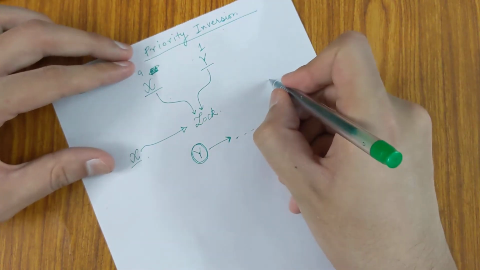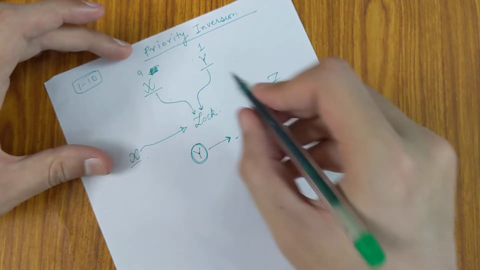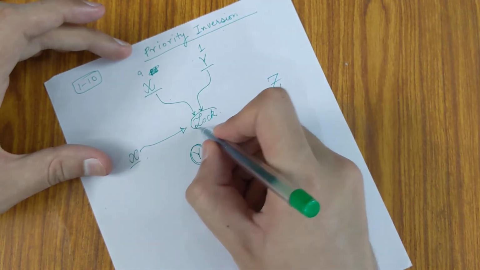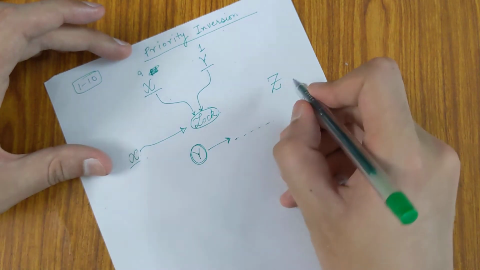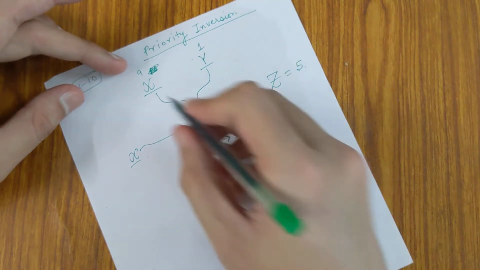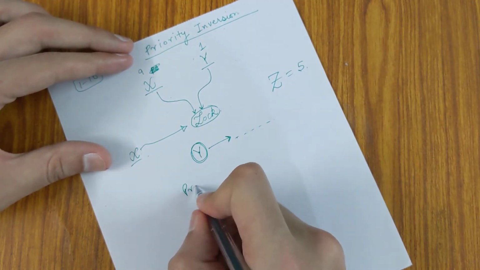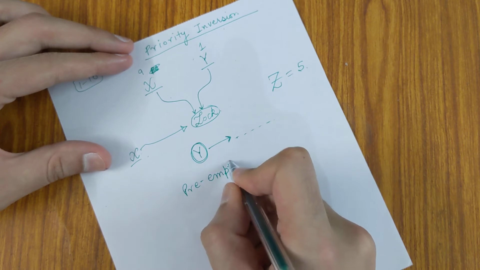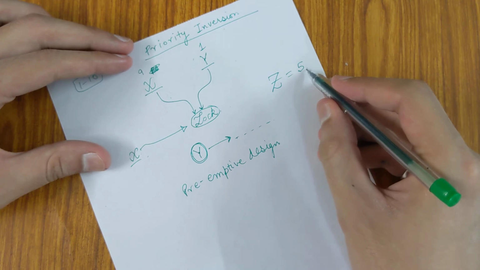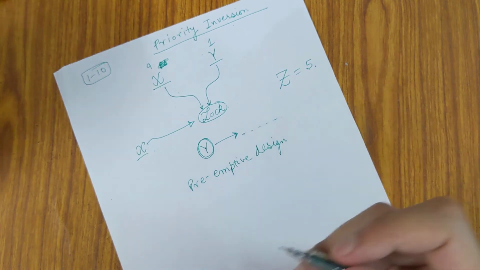The problem complicates when a process Z comes which has a priority greater than Y but lesser than X, and it doesn't require this lock, and we assume that this is a preemptive system. So let's say Z has a priority of 5, obviously greater than 1 but lesser than 9, and this is a preemptive design. So basically in this system a higher priority process can force stop a lower priority process to execute.